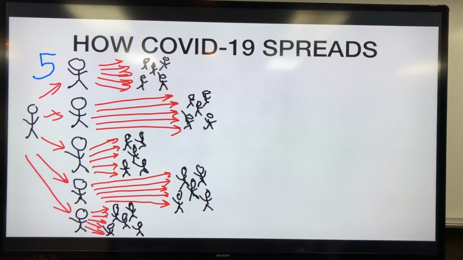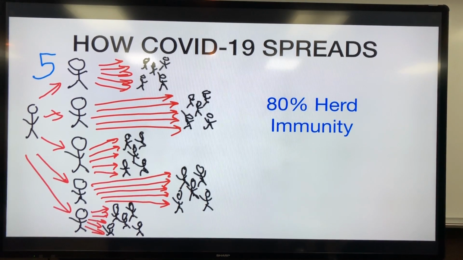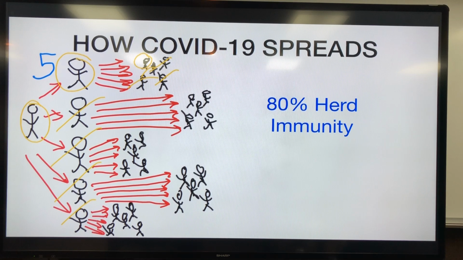Those 5 people each will spread it to 5, and so forth. It's like taking your calculator going 5 times 5 times 5 times 5 times 5. So this 80% herd immunity you're hearing about is basically based upon this 5 here. If you think about it, to keep something from spreading like that, you've got to have 4 out of 5 immune. So this person only spreads it to this person, but not these. And this person here spreads it to this one, but not these. Okay? That's 80% immunity.